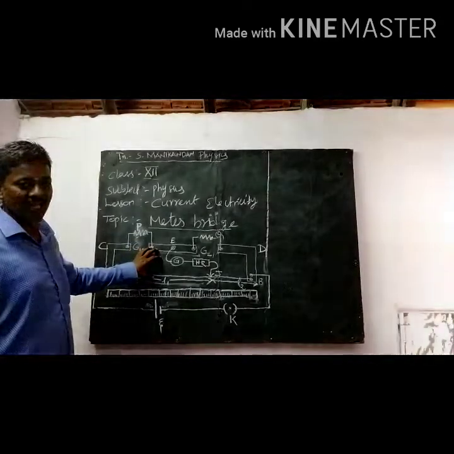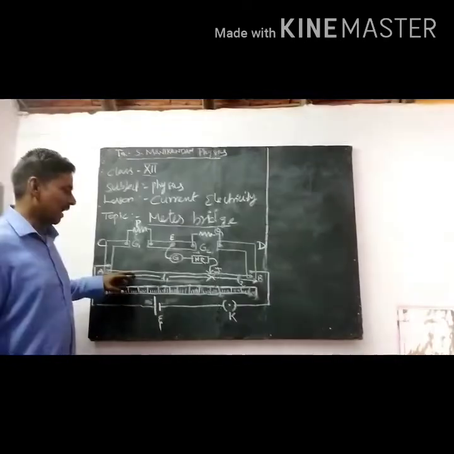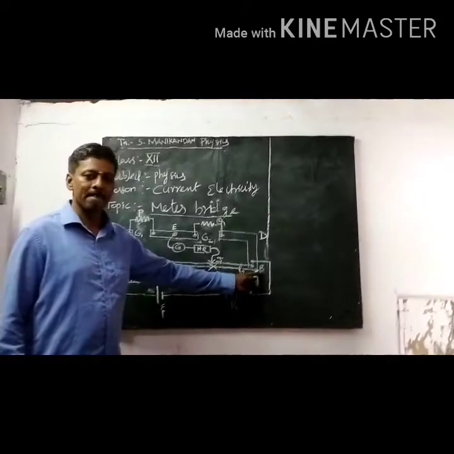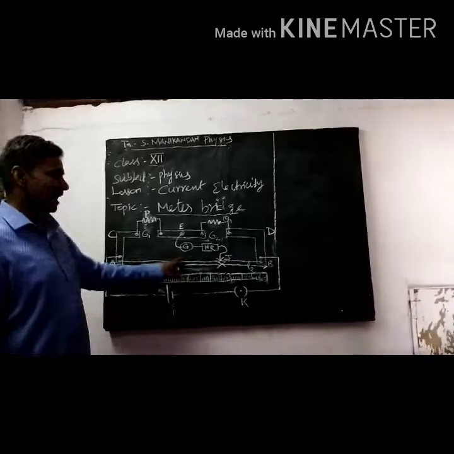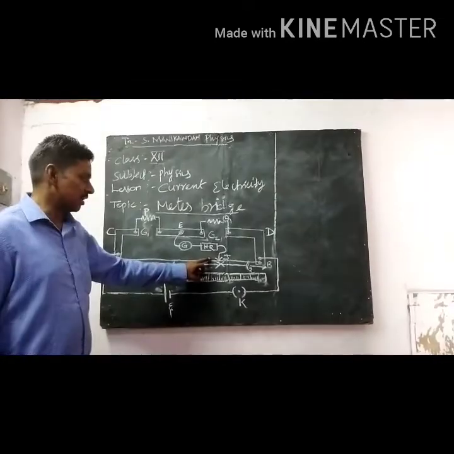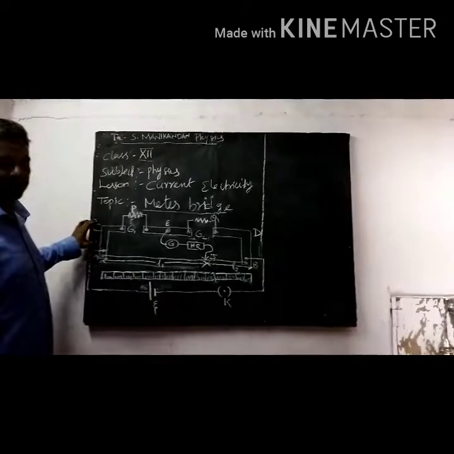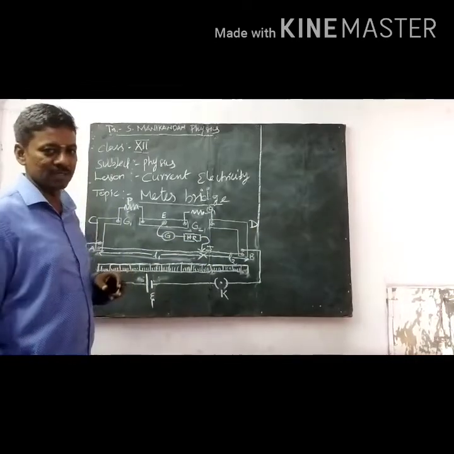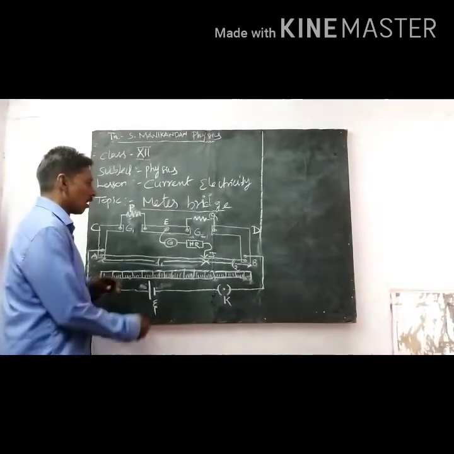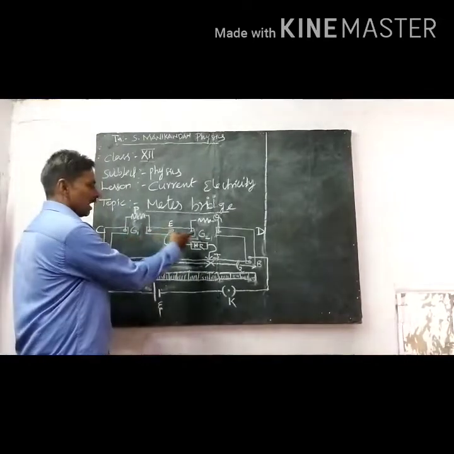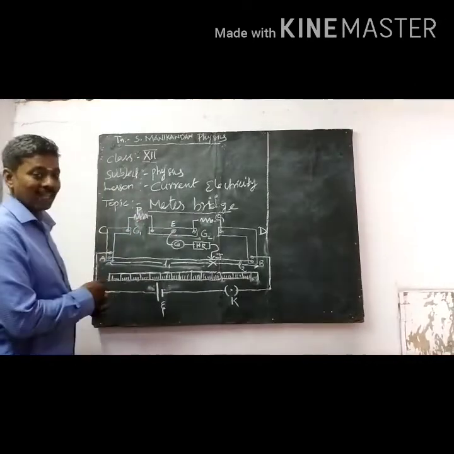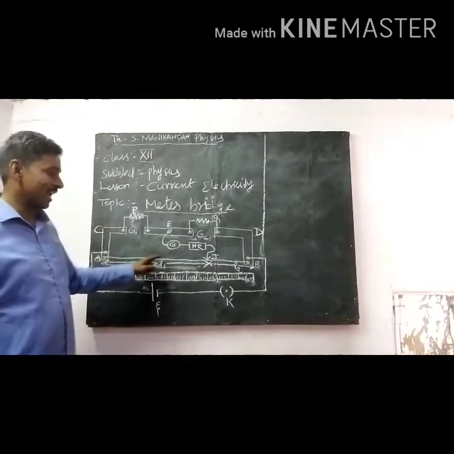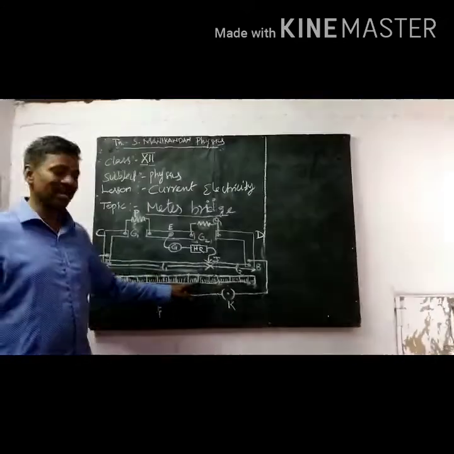The meter bridge consists of 1 meter manganese wire which is represented as AB. This manganese wire is stitched with 2 copper strips C and D, and another copper strip is mounted between C and D in order to connect the gaps G1 and G2. This manganese wire is stitched along the meter scale.